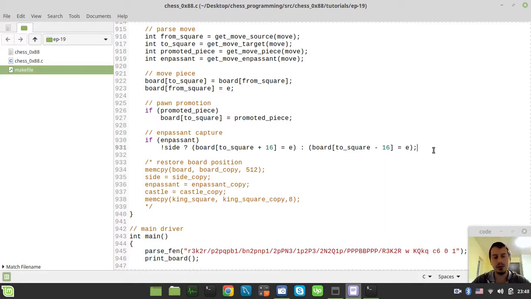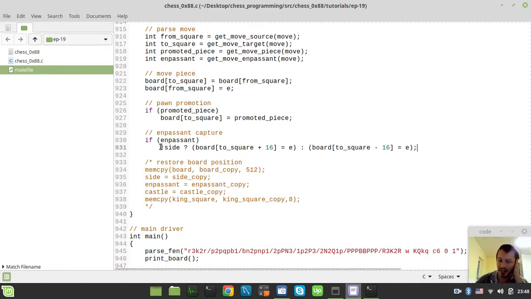I was trying to reset the en passant square right within this if condition, and the problem was that I was resetting this en passant square only in case it was captured, but it also gets set up by the double pawn push, which means that it was available after it wasn't